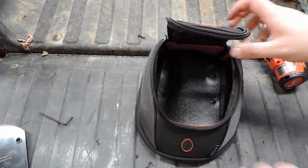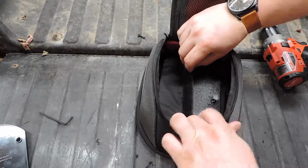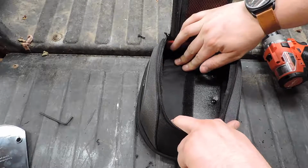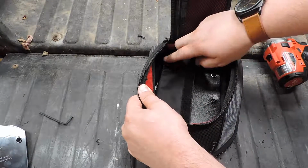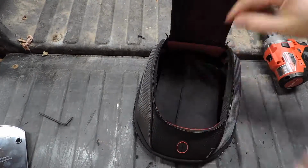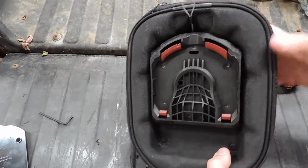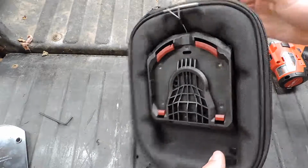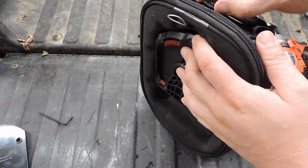And then once you've got it tightened up, your very last step is to put these flaps back in place. Looks like we got lucky on this one and the drill bit didn't catch and tear the fabric. Now we've got our plate on here. Oh, I guess we're not all the way done yet. Last step